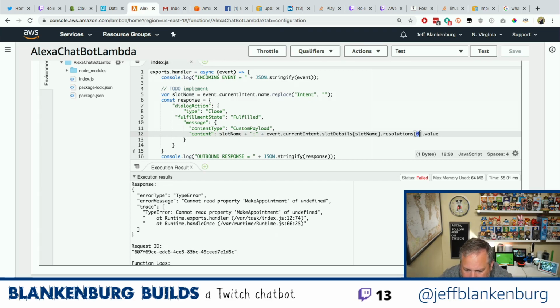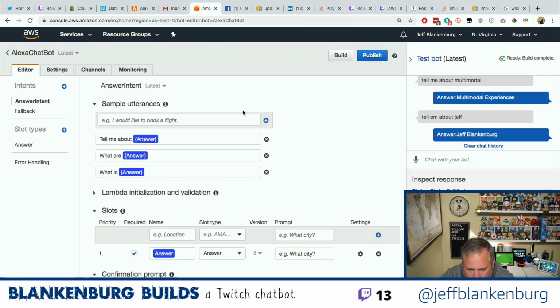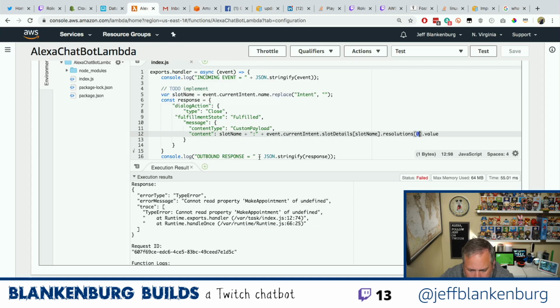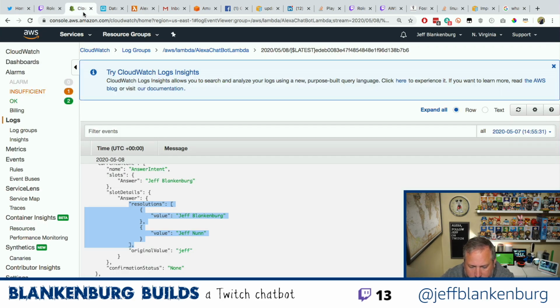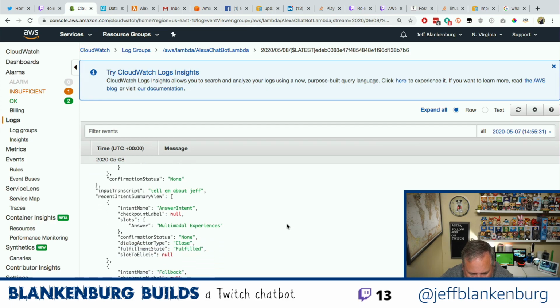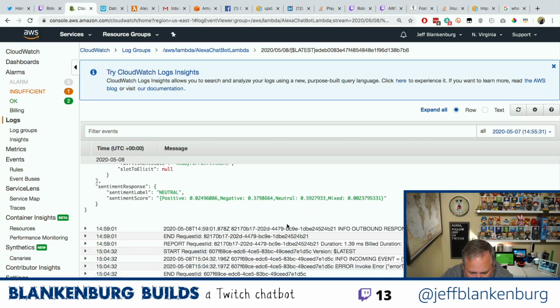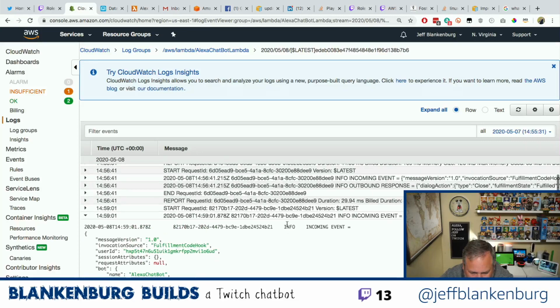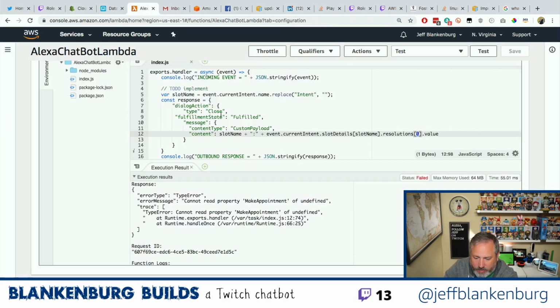And I think what I can do instead, is there other data in there that I would actually want, or could I just summarize the resolutions? It might be interesting to just pass this whole thing out, and then I can dig through it on the other side. Let's do that, because this makes my Lambda function really simple too.